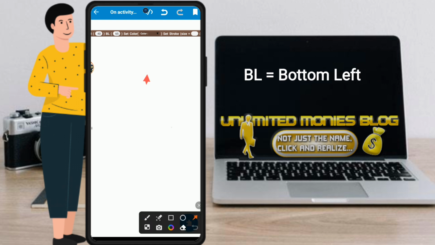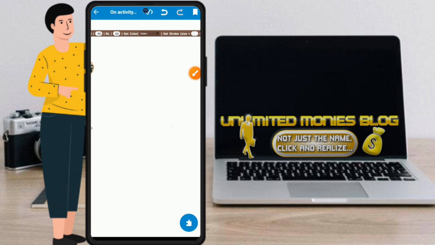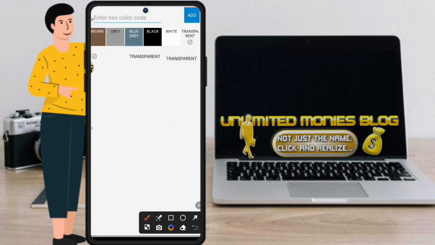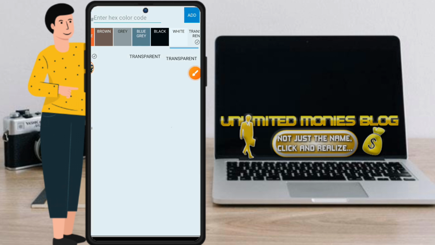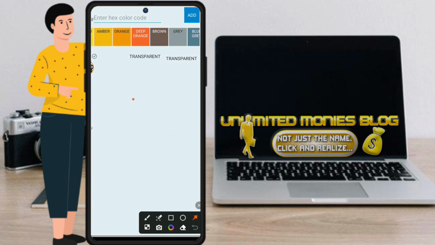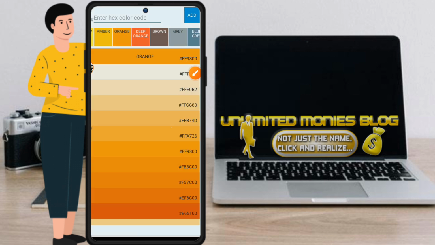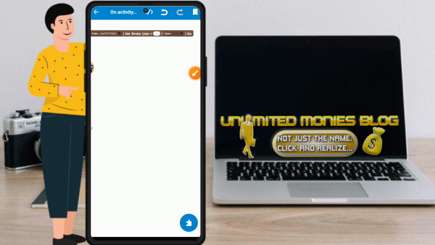So the other one is set color. So you can set the color, the background color. So you select any one you want to use. I will go with, let's say, orange color here. I select orange color. You see, the best thing I have done for you people in this block is that